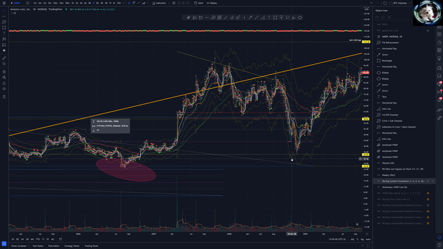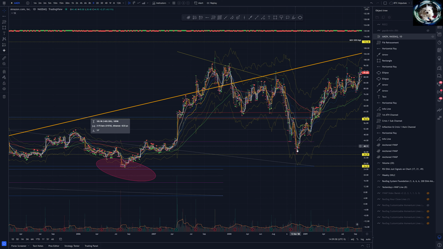So a test down and a strong reaction is something you would look for, and that's something you'd like to see. And you'd like the reaction to be quick: it happens, then it goes away and it's out of that crisis. That's what you want to see in a third crisis scenario.